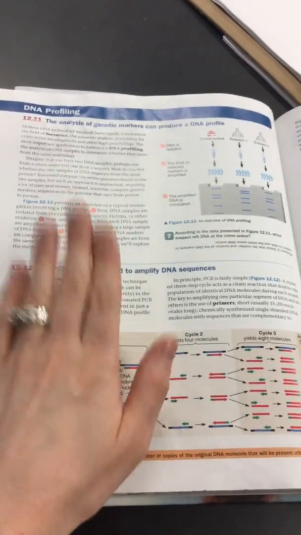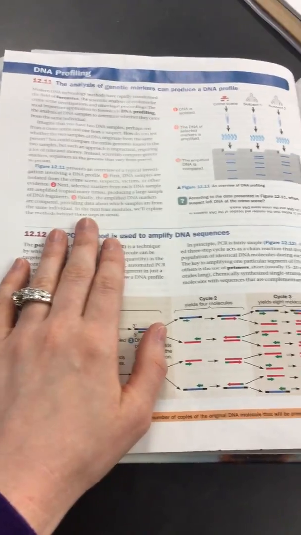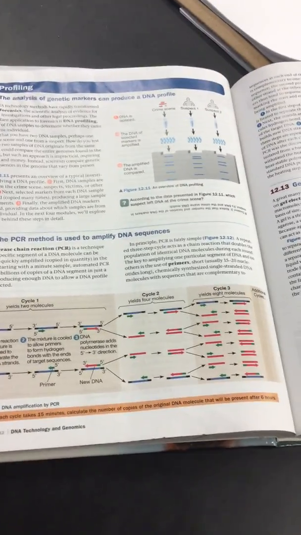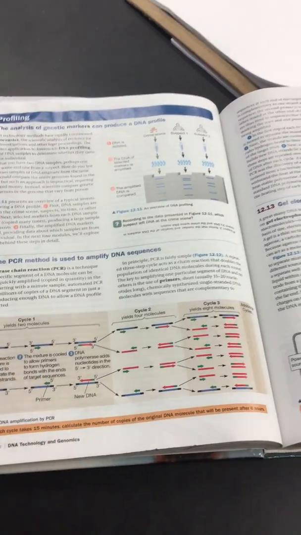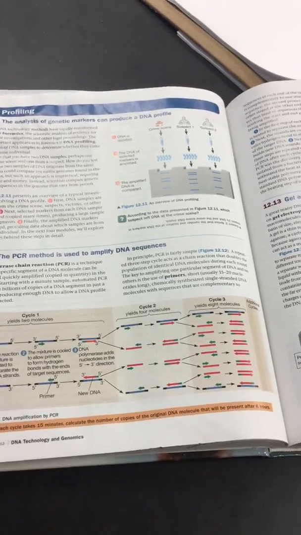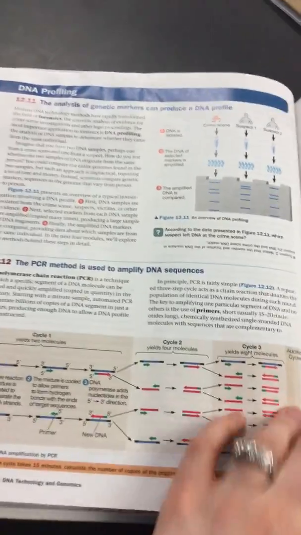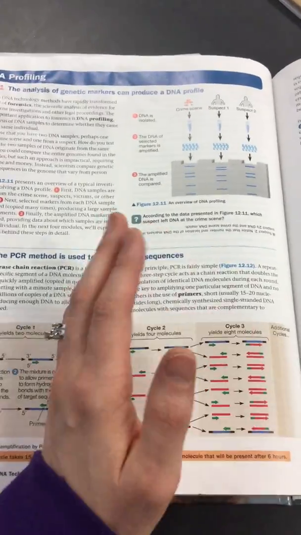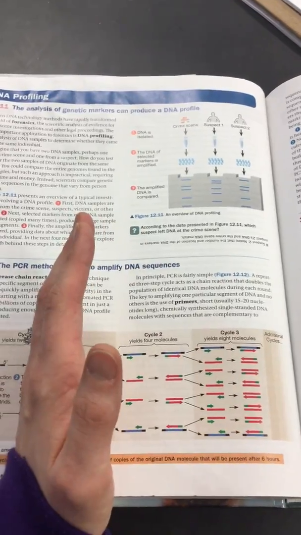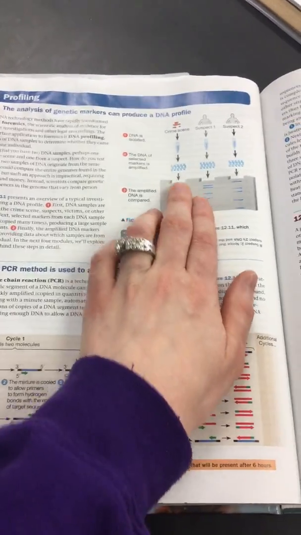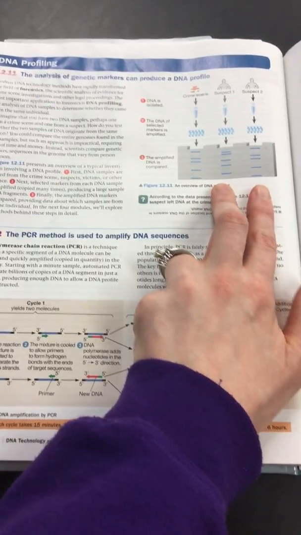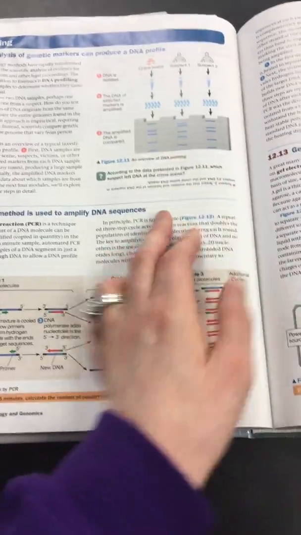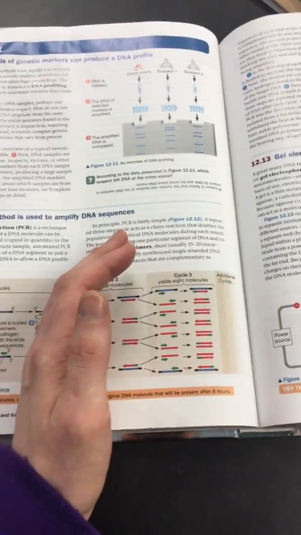DNA profiling is something that having all of this biotech allows us to do. This is kind of like getting a 23andMe test done. They don't look at the entire genome sequence, they look at maybe a few different markers. DNA profiling works like this: you take DNA from a crime scene, which could be blood, hair, or semen. You amplify it and look at certain sequences in the DNA, and then you can do the same thing with the DNA of different suspects and either prove innocence or confirm guilt.